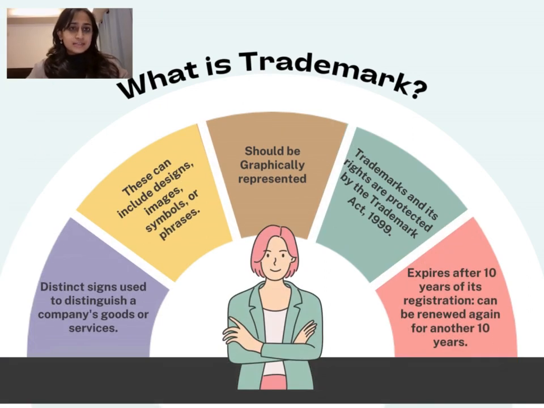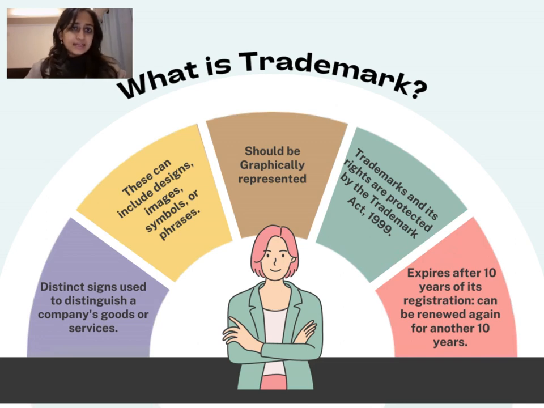So before we understand how to register a trademark, it is essential for us to understand what a trademark is. A trademark is any distinct sign used to distinguish a particular company's goods or services. These can include designs, signs, symbols, images, or phrases. What is essential is that it should be graphically representable, and they are protected under the Trademarks Act